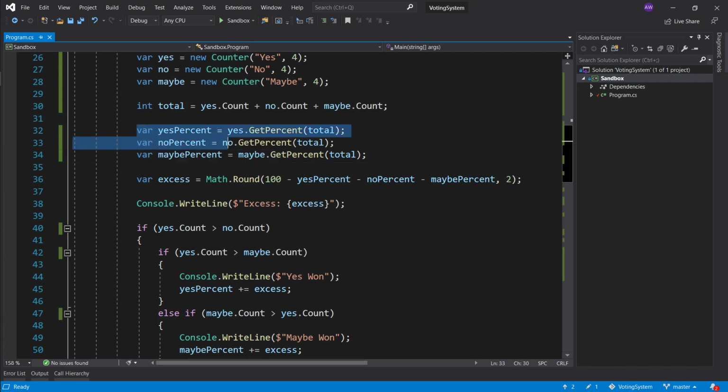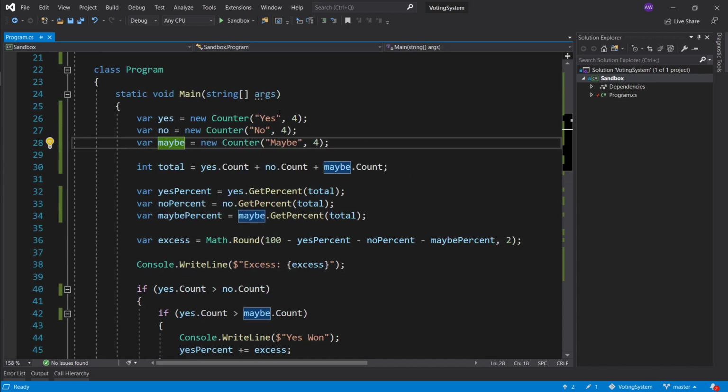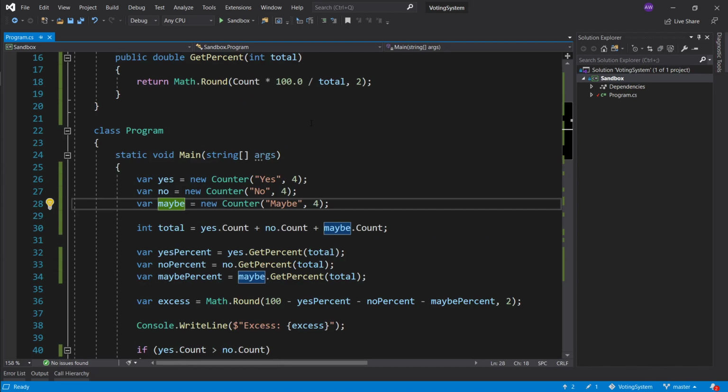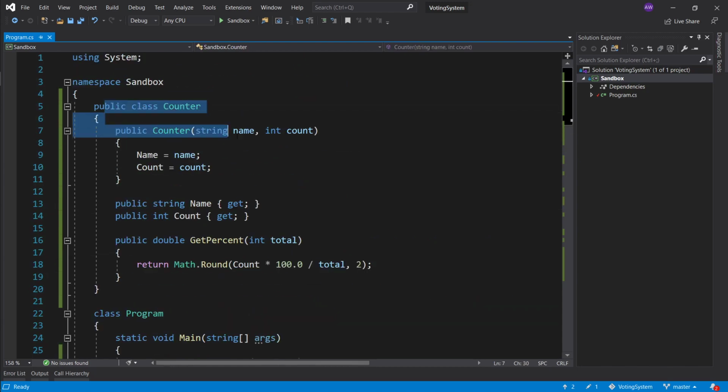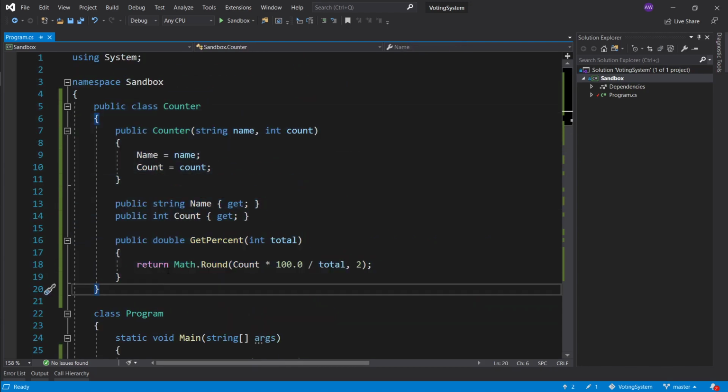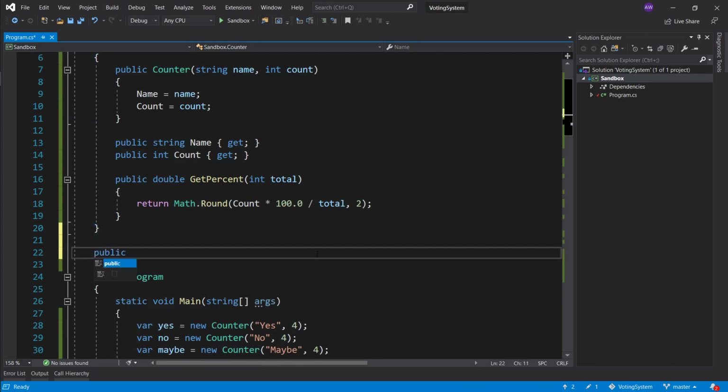But this right here is a repetition kind of thing, because these things are of the same type, they could be in a list, and because we have LINQ, the operations on LINQ provide very readable code. So let's go ahead and create this counter, which will be initiated with a list of counters, or maybe a parameter of counters. So let's go ahead and create a public class